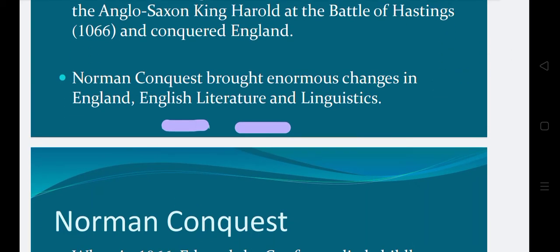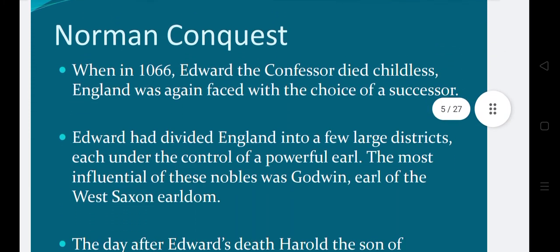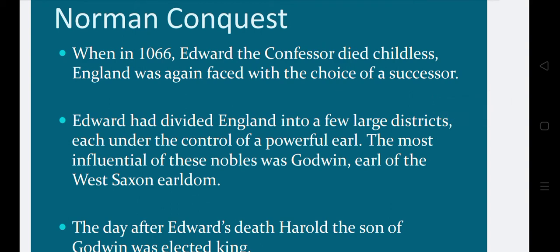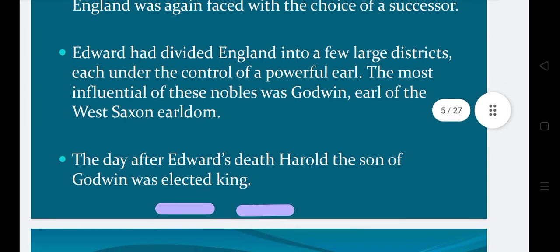After the defeat of the Anglo-Saxons, this age started, known as the Anglo-Norman period or Middle English. And the Norman Conquest brought enormous changes in England, in English literature and linguistics. In 1066, Edward the Confessor died childless, and England was again faced with the choice of a successor, and Edward had